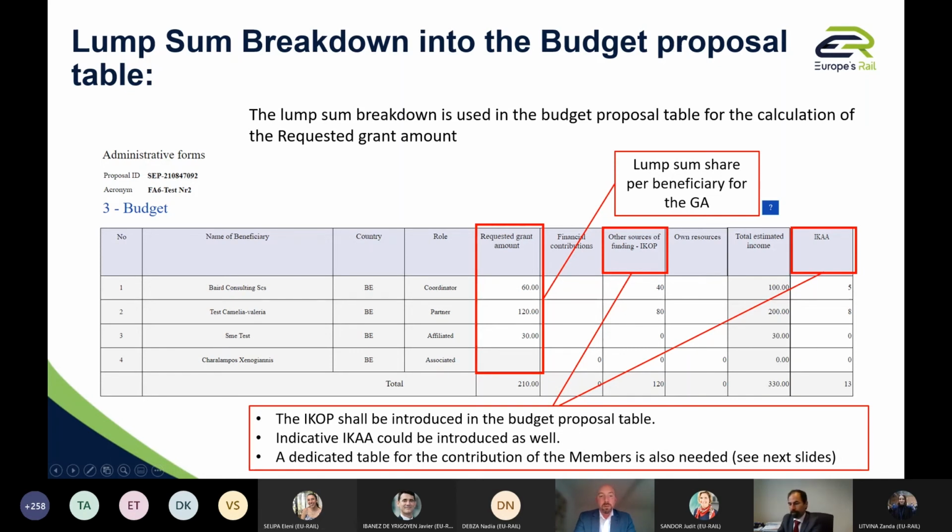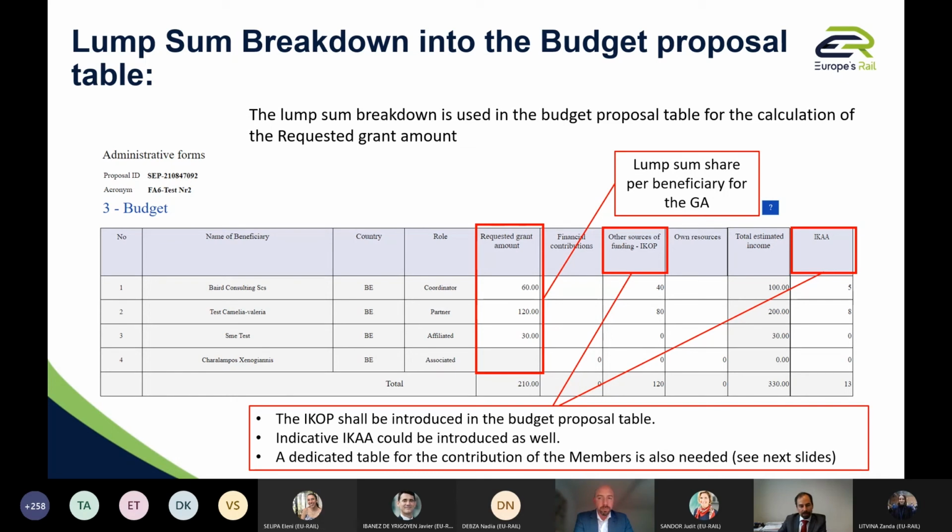So this is for the financial Excel table. And then what will be the impact for you at proposal stage when you need to enter into the system the figures, and the supporting documents will be allowing us to verify and cross-check. Thank you, Jojo. Next slide.